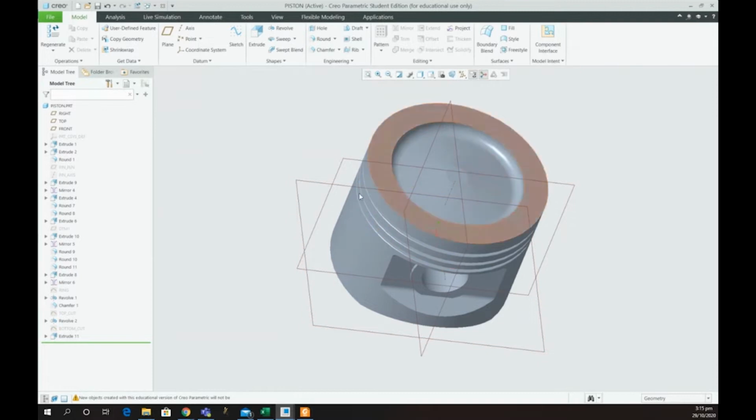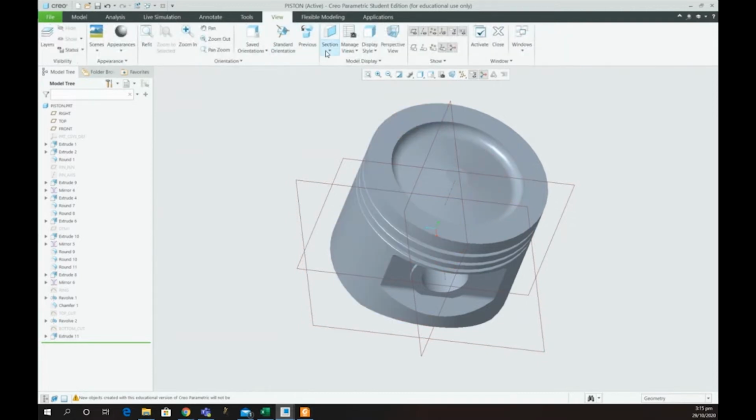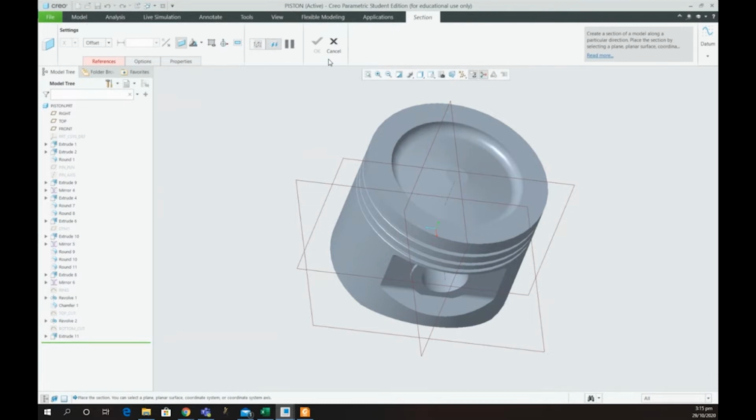After you have made your planes visible, you would go in view and enter the section tab. You would select planar. Once you have selected planar, in the references you have to select some plane. So this time I am selecting this particular plane, which is my front plane,